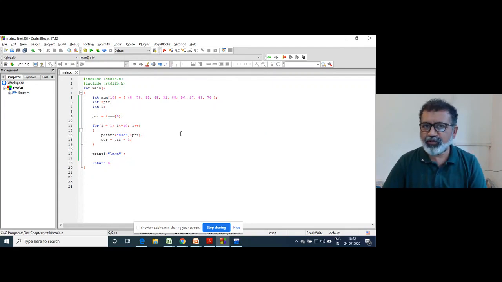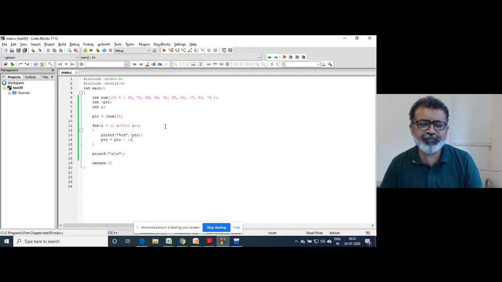So one thing we saw is addition of a constant, and subtraction of a constant from the pointer. One more is comparison of pointers.